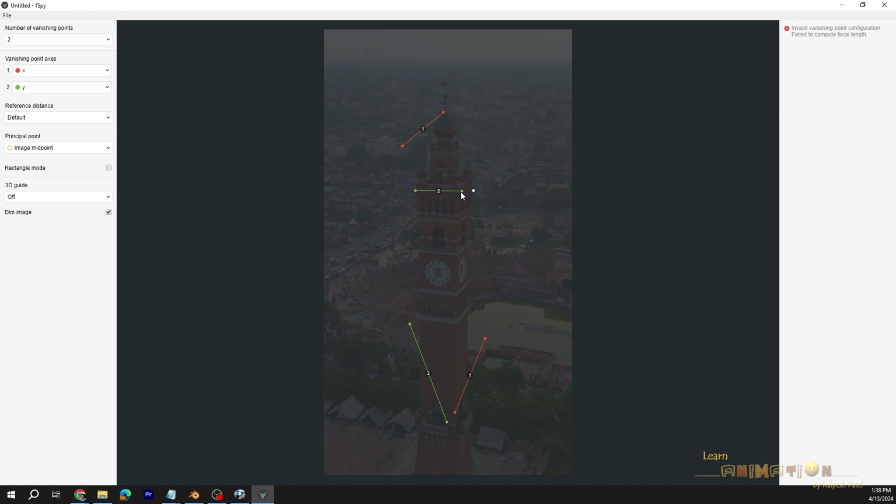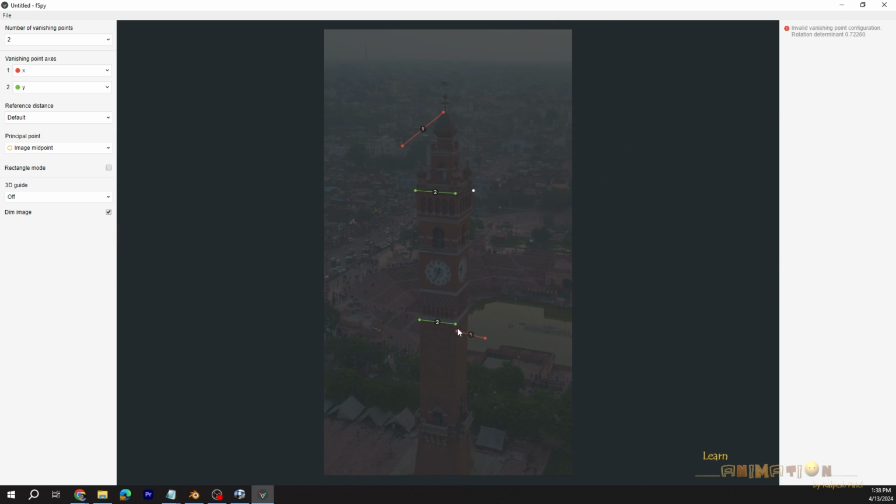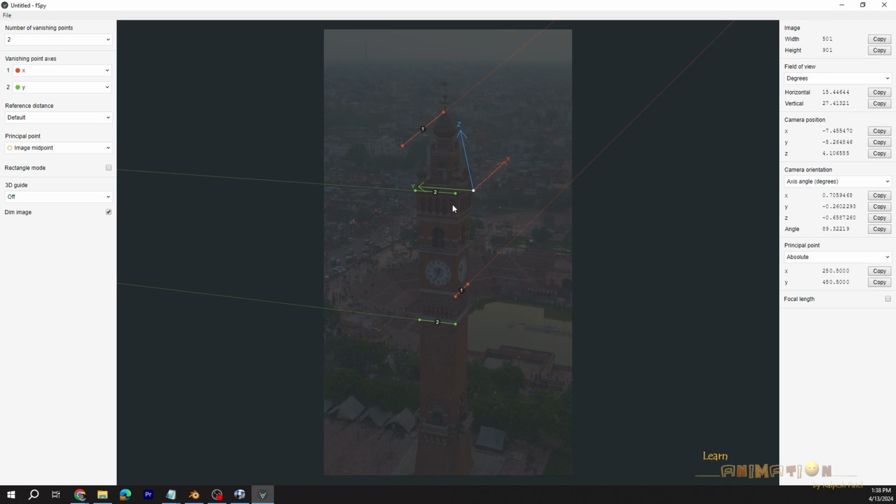First of all I am going to match very roughly so we can get a nice simple indication of the axis, and then we can match it perfectly. Now you can see X, Y and the Z axis, which is indicating the perspective of this image.